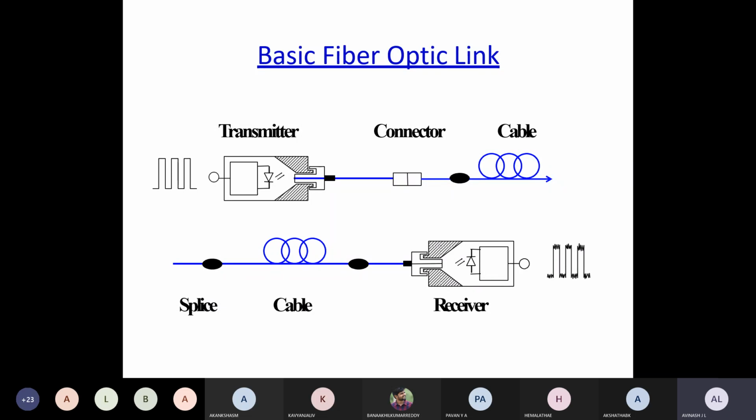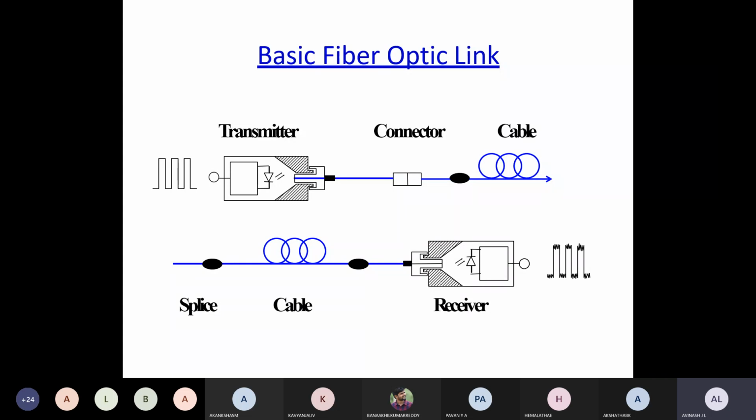It is just an indication that in the communication process using the optical cable, we are going to use connectors because we need to join two cables or more than two cables, not in the same place but in subsequent places. So connectors we may have to connect, and the cable will be there. Splicing is a technique. I'm going to explain what fiber splicing is, because there are different methods of fiber splicing. That we are going to discuss in today's class.